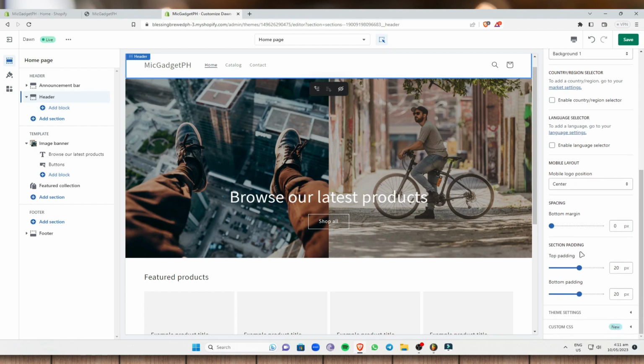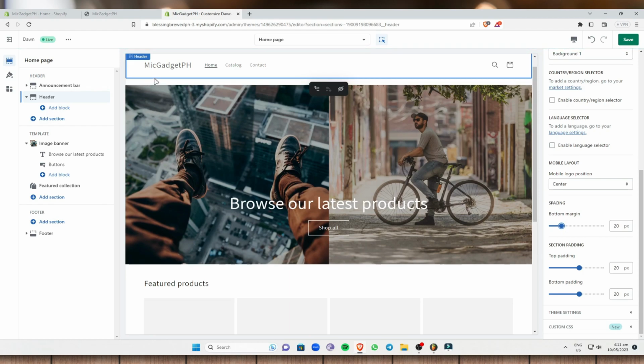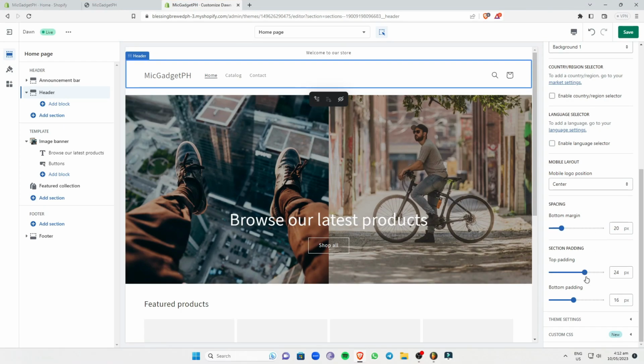Once you have done that, you can actually change the bottom margin. It's up to you. As you can see right here, it has a margin of, I think, around 20 pixels, as it says right here. Under section padding, you can edit the top padding. I have mine set to 24 pixels. So once I edit that,